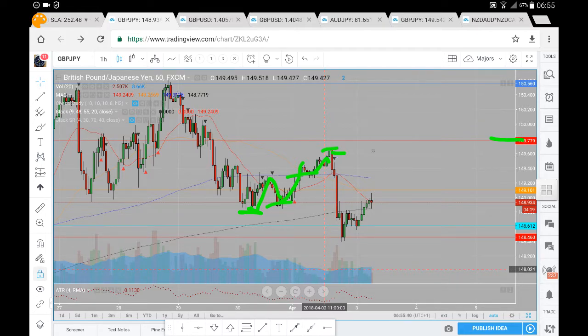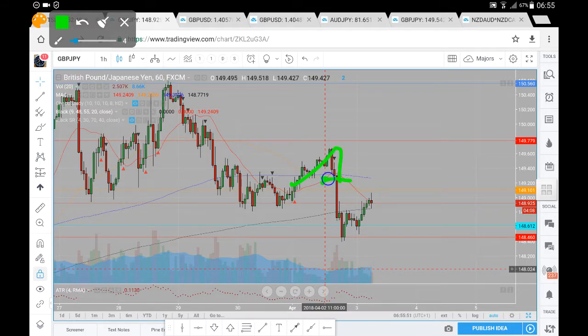Didn't quite get up towards our 49.78, from which we did see the strong sell side momentum return to the market. So we've got our highs here, and a lower high here as well. We saw a strong progression to the downside, breaking beyond the 49.10, and we did see prices move beyond the 48.61, progressing all the way down towards the very next major level marked out in red of